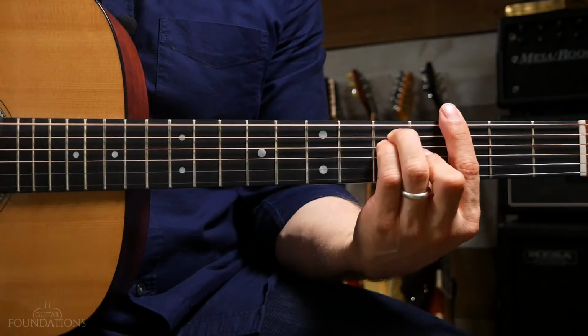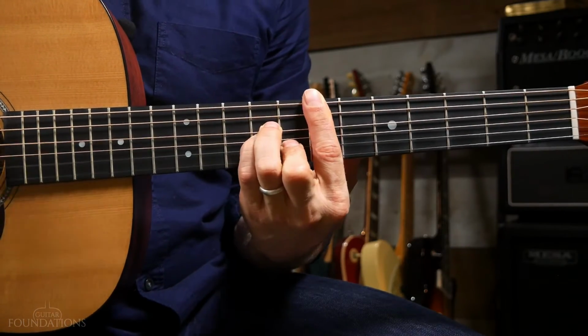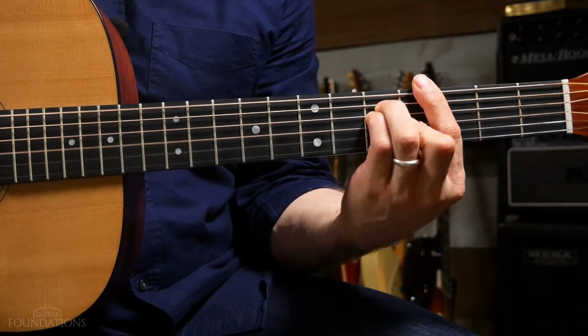Let's say I was playing a song, the song that we're gonna learn in the next lesson, with the singer, and I was playing something like that, but the singer was like, you know what, that's a little bit too low, can you change keys for me? Well, with bar chords, the coolest thing about this is